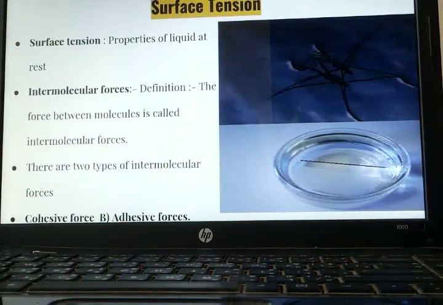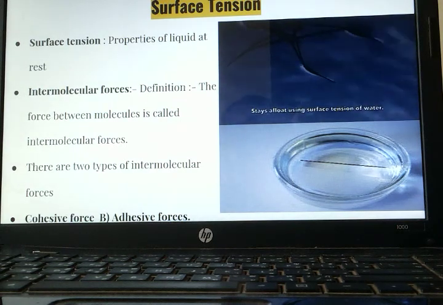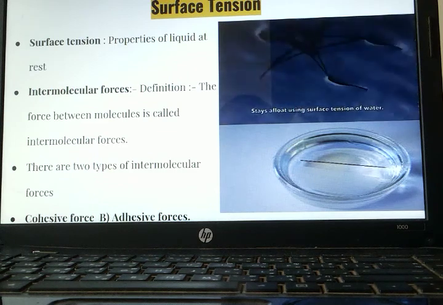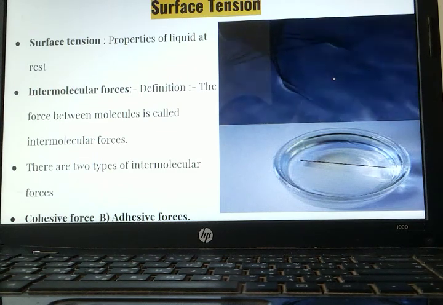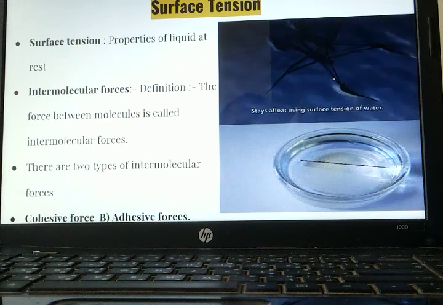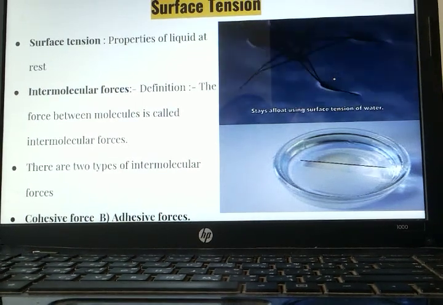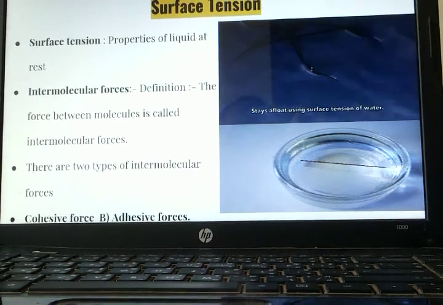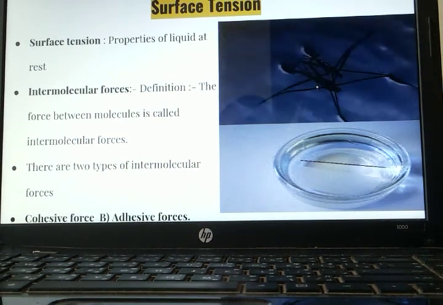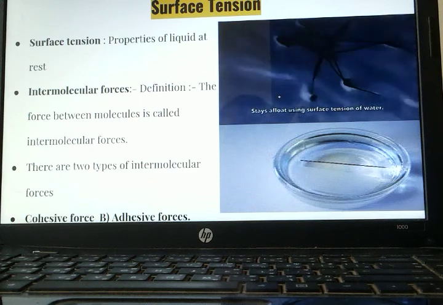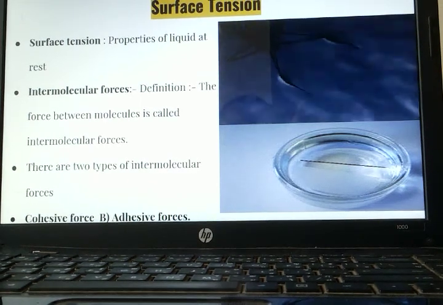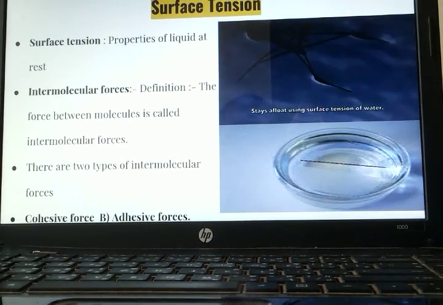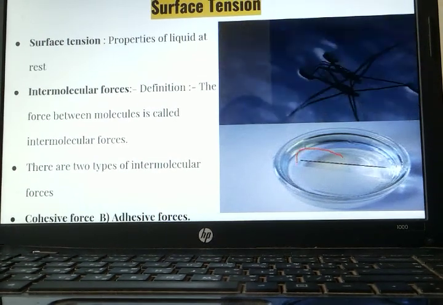So we will be starting with surface tension from today. There are various phenomena due to surface tension which happen in our day-to-day life. Plants are able to absorb the nutrients which are there in the soil. It is due to surface tension. You can see this insect moving. It is basically due to surface tension. The insect is moving on the water layer. This needle, we are able to float this needle on the surface of the water. It is also due to surface tension only.